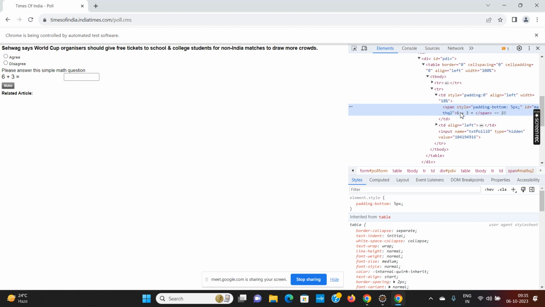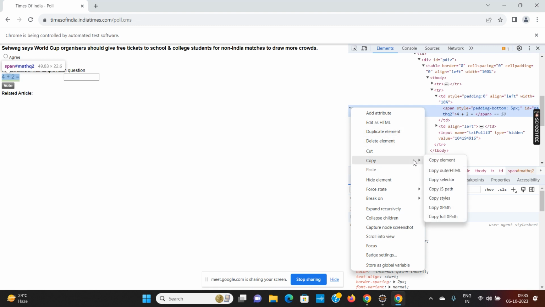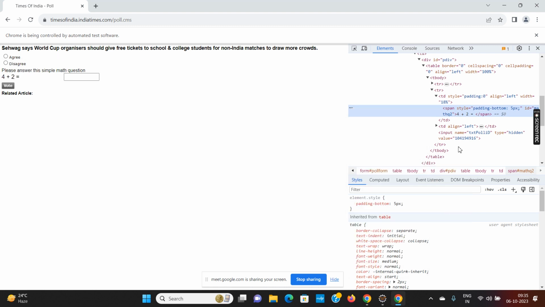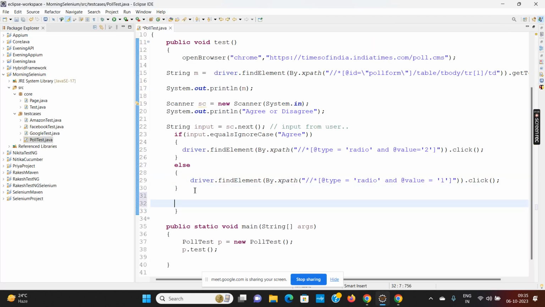So if you see over here, this is 6 plus 3 and ID is also given. ID is equal to. So whatever the question is coming, it is coming at this location only. 4 plus 2. So I will copy XPath again,